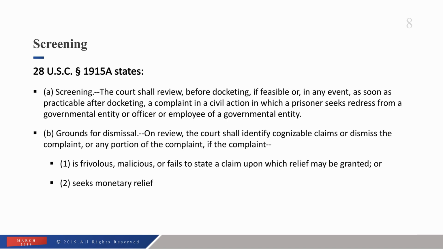As stated by 28 U.S.C. section 1915A(b), on review, the court shall identify cognizable claims or dismiss the complaint or any portion of the complaint if the complaint is frivolous, malicious, or fails to state a claim upon which relief can be granted, or seeks monetary relief from a defendant who is immune from such relief. In other words, there are two circumstances where the court should not allow a complaint to move past the screening process. The first is if the complaint is frivolous, in that it does not have any serious purpose or meaning, malicious, in that it is intended to just cause harm, or does not state a claim that can be redressed